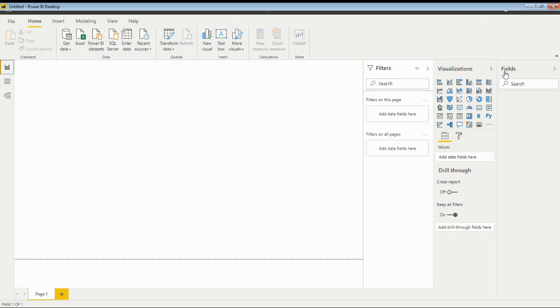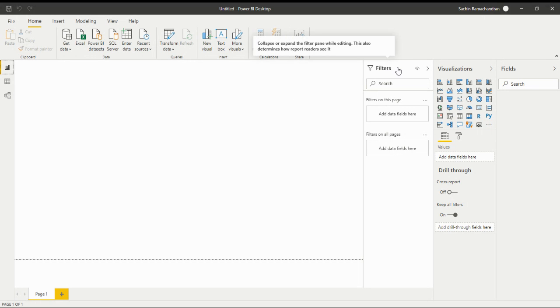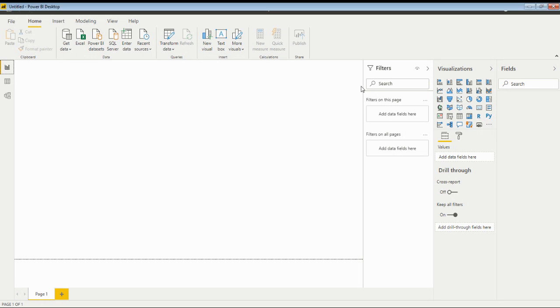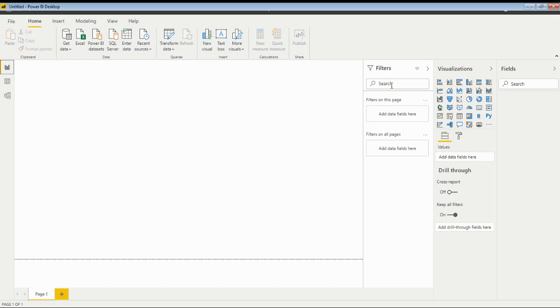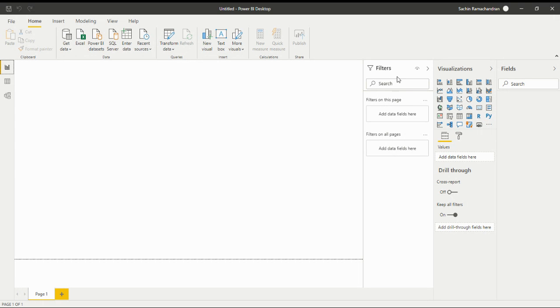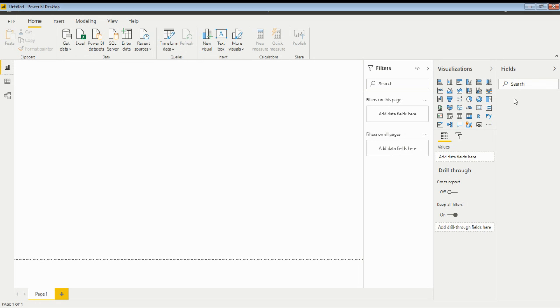On the right side, we can see three things. One is the filter. Filter is data specific, so you can filter the data. And this particular feature actually is present in the report itself. So it's a user level thing. So if you share it with the customer, he or she can also filter the data. And the visualization is where we do the creation. So we can see all the different types of charts and graphs and maps and all these analytics that we have here. And lastly, we have the fields part in which the fields will get populated.